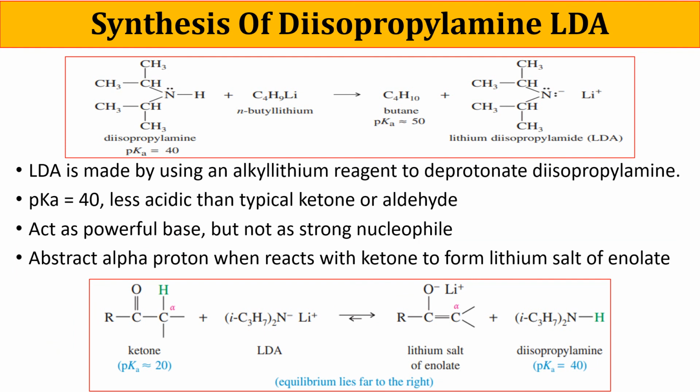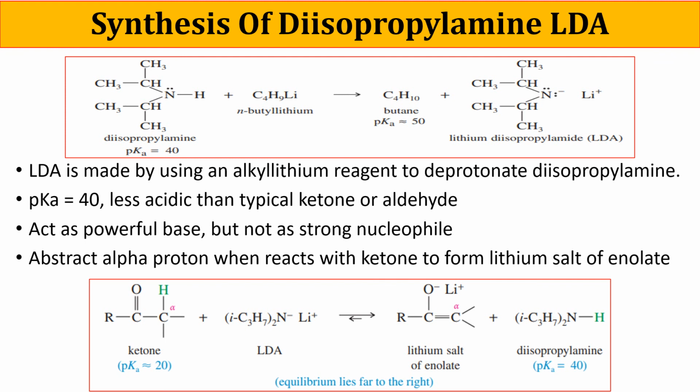Synthesis of lithium diisopropylamide, or LDA. Sometimes an equilibrium mixture of enolate and base won't work, usually because the base, hydroxide or alkoxide, reacts with the electrophile faster than the enolate does. In these cases, we need a base that reacts completely to convert the carbonyl compound to its enolate before adding the electrophile. The most effective and useful base for this purpose is lithium diisopropylamide, also known as LDA, the lithium salt of diisopropylamine.